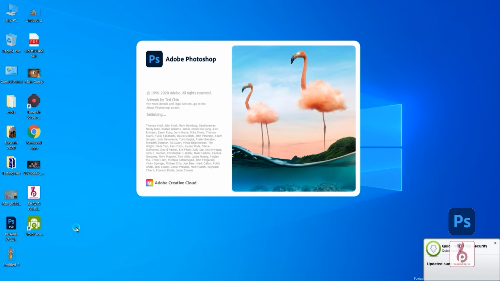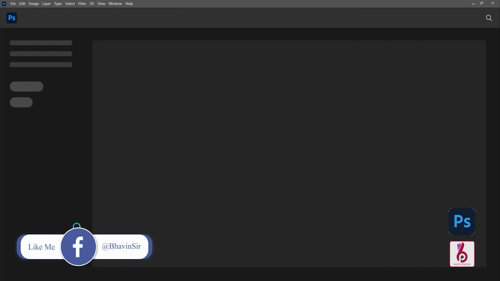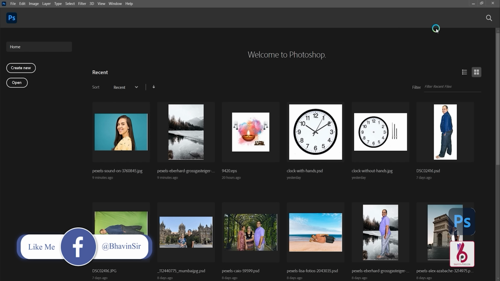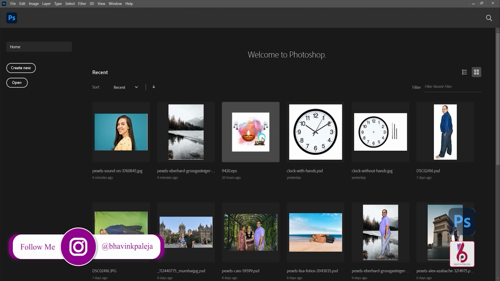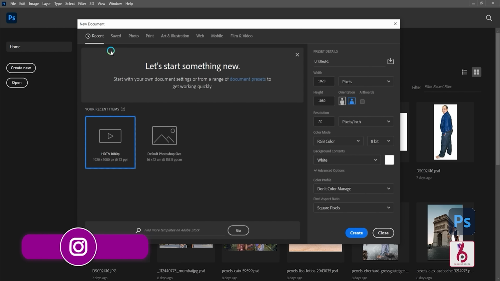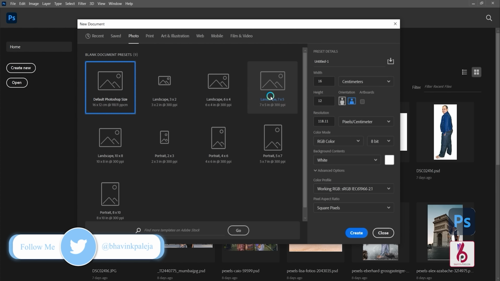First, we need to know some Photoshop basic details as we are going to use Photoshop 2020 version, which is the latest of all. As you see, Photoshop latest version is loading. By that time, let's see what are the other versions. Photoshop comes with CS and CC versions. CS were older versions and CC are the latest ones. We are using CC 2020 version, which is commonly known as Creative Cloud.